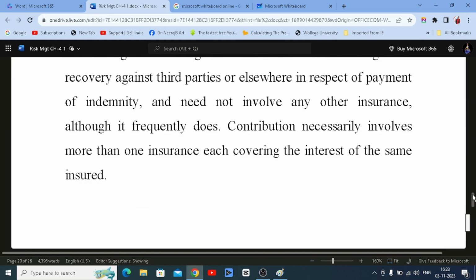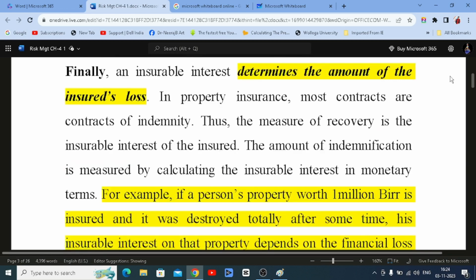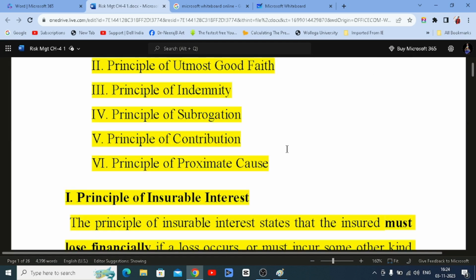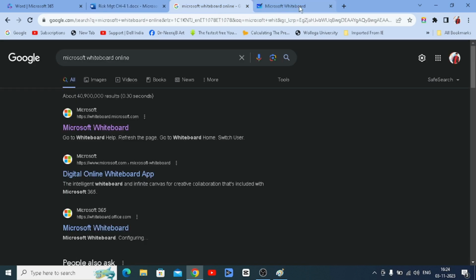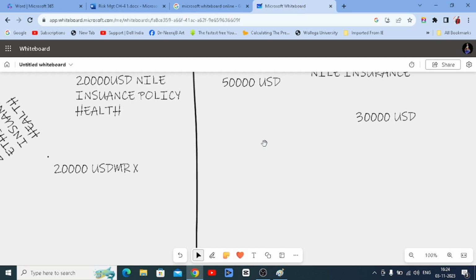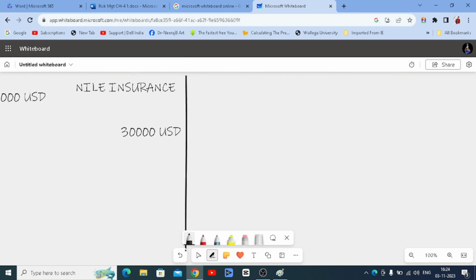The last one is the proximate cause. Principle of proximate cause. What is proximate? Again, let me go back to our blackboard. So what is proximate cause? Let me put a line. Proximate cause